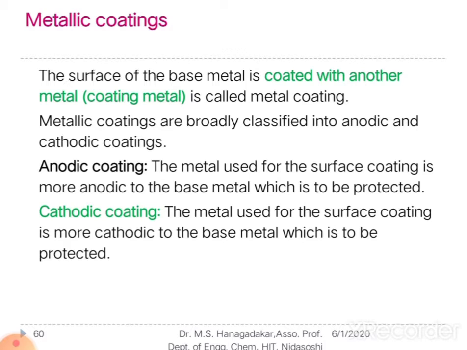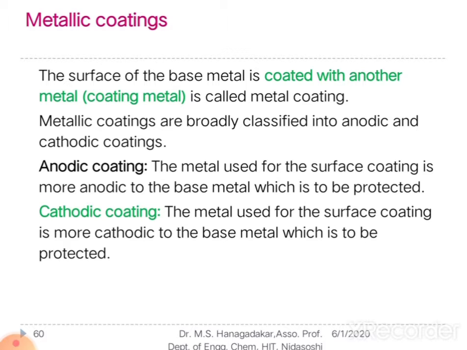Now let us discuss the next concept of this chapter: metallic coatings. A metallic coating is a protective coating. Corrosion is prevented by the application of a protective coating on the surface of the metal, thereby the metal surface is isolated from the corrosive environment. The coating becomes chemically inert to the environment under specific conditions of temperature and pressure, and forms a physical barrier between the coated metal surface and its environment.